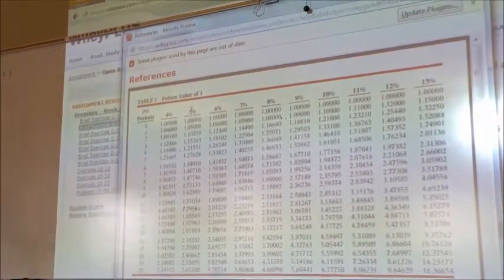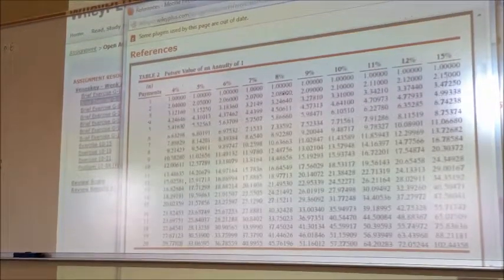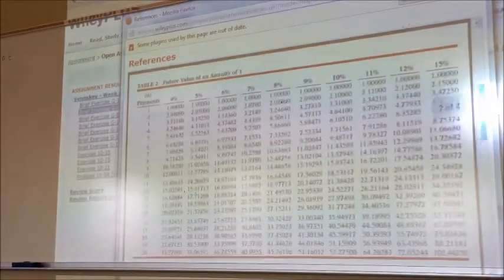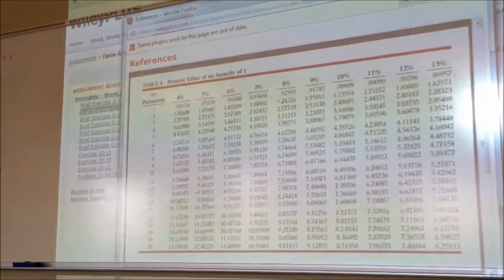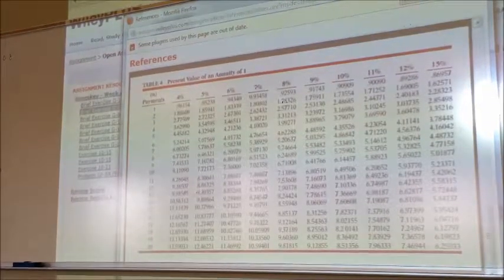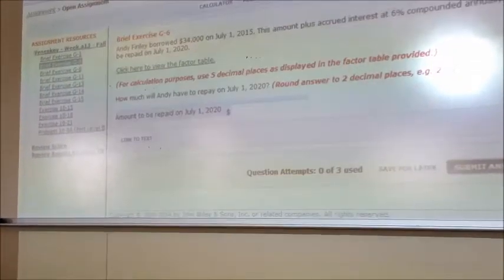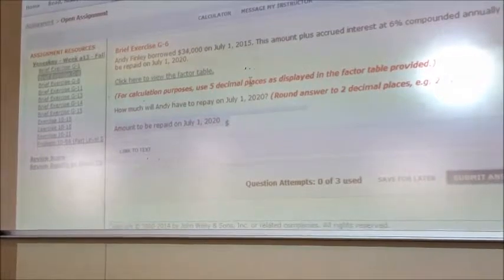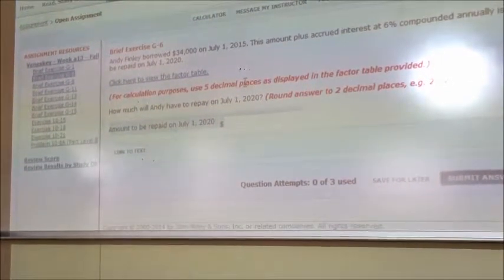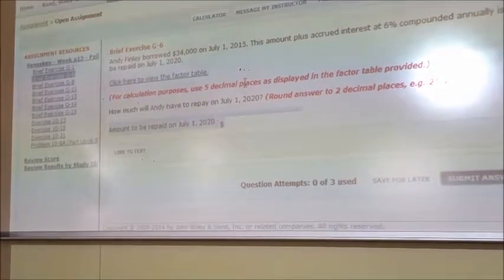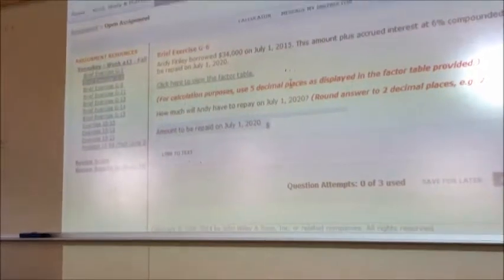Well, what chart are you going to use on this one first off? Let me see. Future value, wouldn't it be? And then they give you the future value option, they give you present value and annuity. They give you all the options here. So go ahead. What table are we going to use? I want to say future value of an annuity. Okay, but